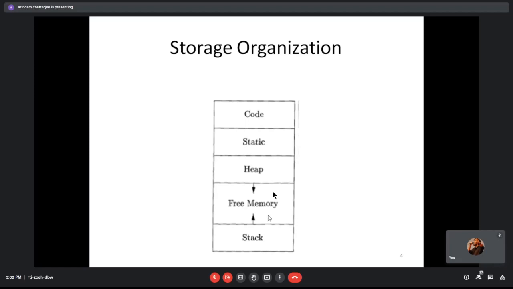So they are a separate area compared to the heap. Even though the heap is a common area, the allocation happens locally inside a function, but static allocation is available throughout the program. So from anywhere inside your program, you'll be able to access some kind of static resources like a static array or static pointer or something like that.